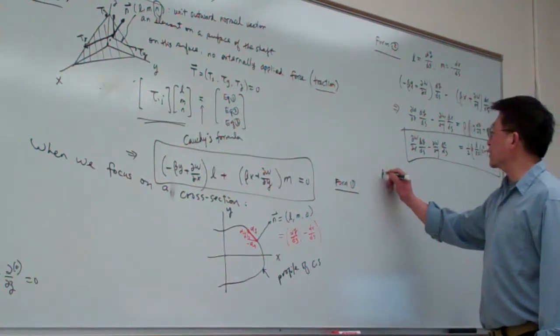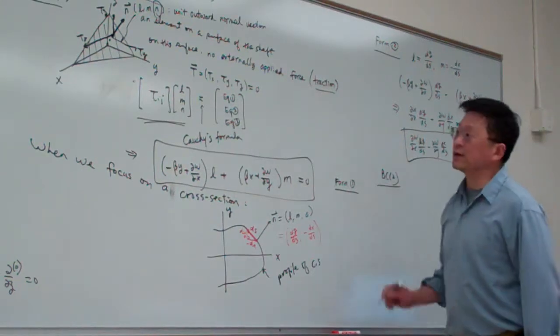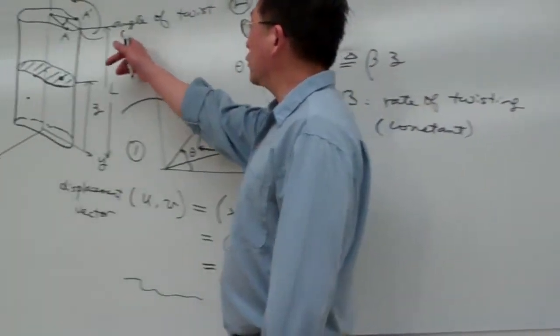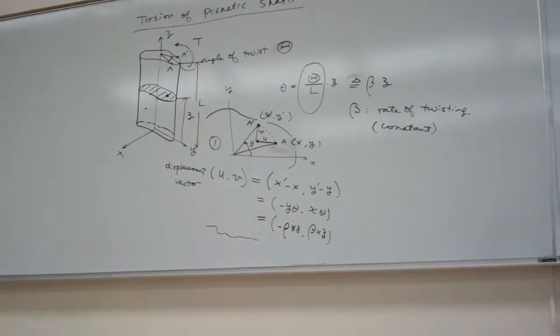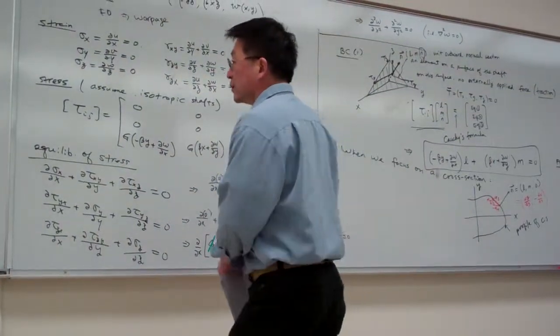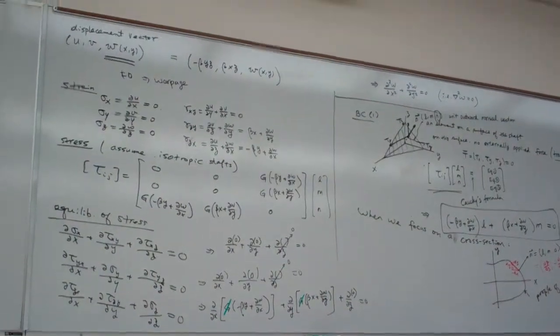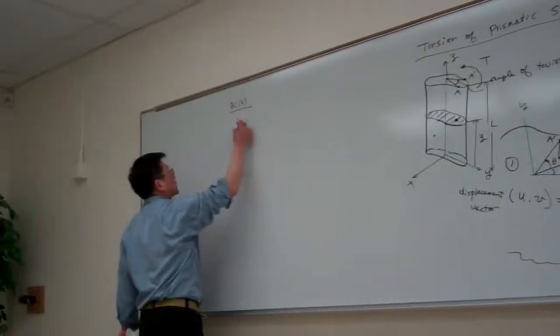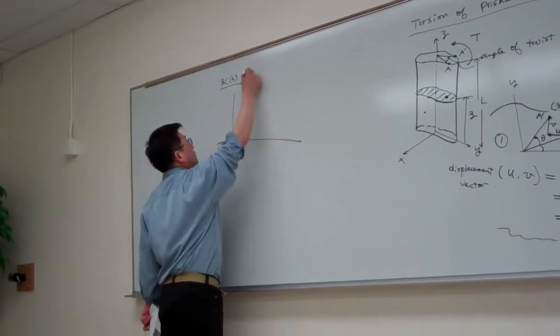The second boundary condition is on the top here. On the top, all these stresses must be in equilibrium with the torsions. So how about let me write out here. So the second boundary condition is this. On the top,